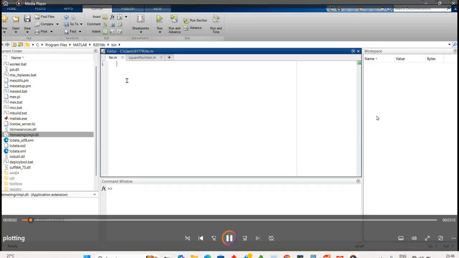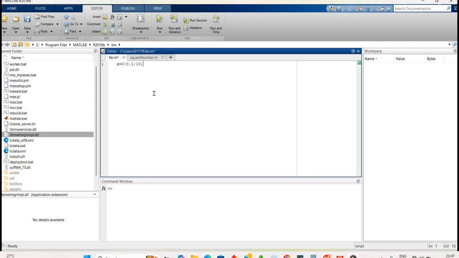Here we'll create a range of values from 0 to 10 with a step of 0.1. So for that we'll take x is equal to 0:0.1:10. This will create a range of values from 0 to 10 with a step of 0.1.